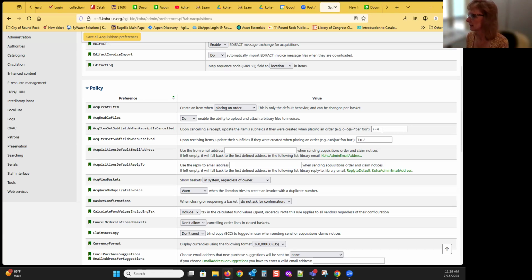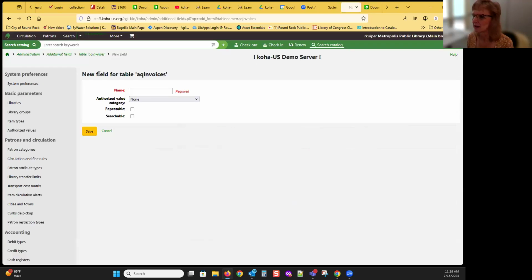So this cryptic thing that says 7 = 4, that really means something. 7 is in the item record, it's the not for loan subfield. So what this is saying is for the not for loan subfield, set that to 4. And I think